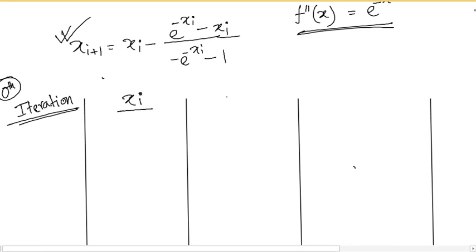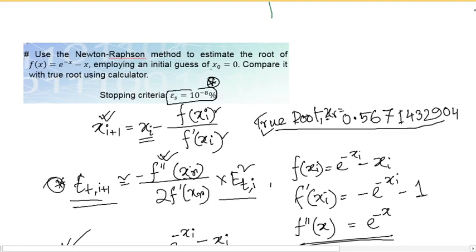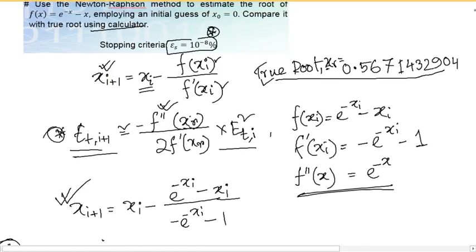This is xi, and this will be xi plus 1, which will be used as xi in the next iteration, and finally the epsilon t in percentage will be calculated here. As we know the true root, we are assuming using calculator, so this one will be